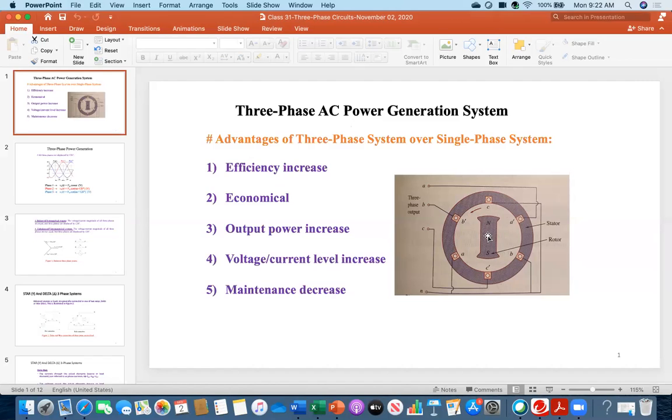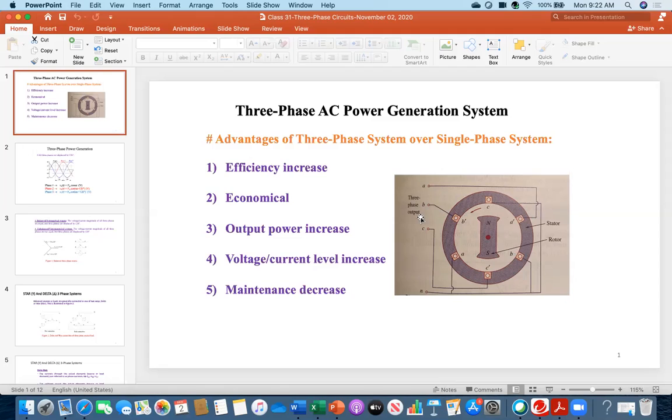Everybody see this is North Pole and South Pole. This will move with the help of the prime mover or the turbine. That's why it is called the rotor. And this body, as I said, is the stator. Now, can you see? It is written like A prime, then B prime, and then C prime. I mean, this represents actually a coil. One end of the coil is here and the other end of the coil is here. So in that way, you see, from here, this is A, and then this is B, and then this is C. So can you see there are three terminals?